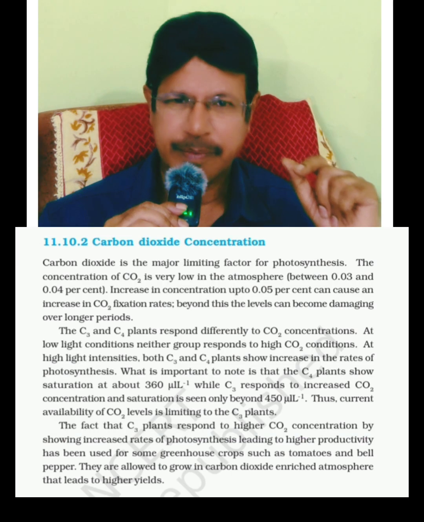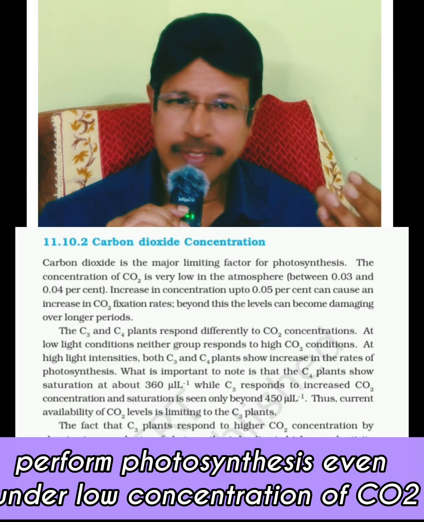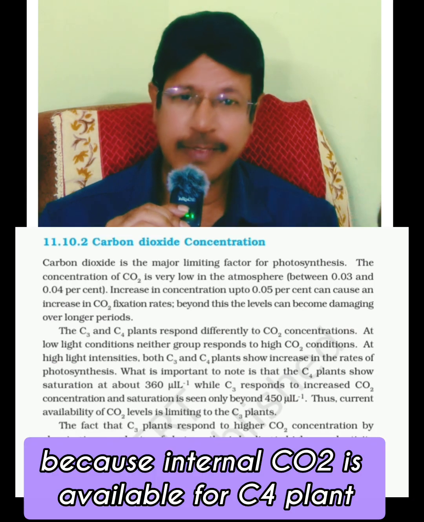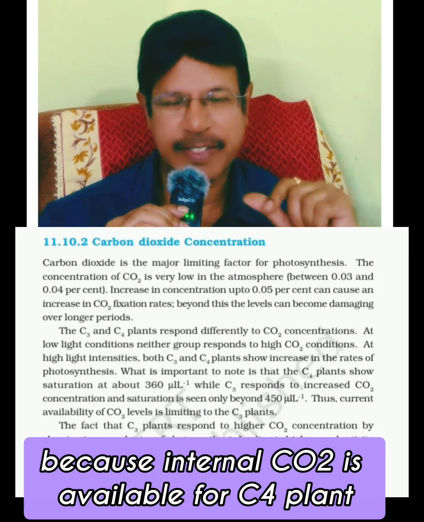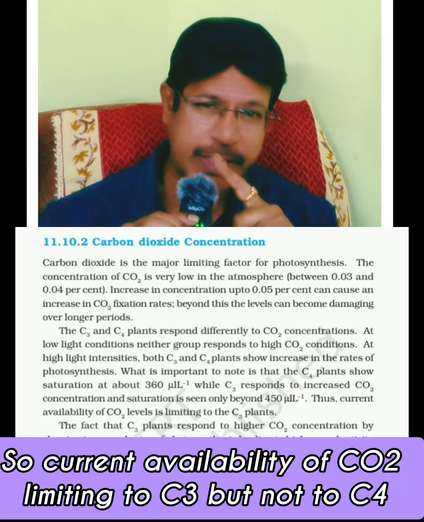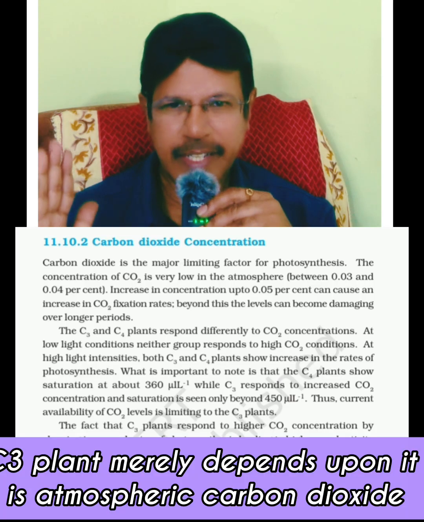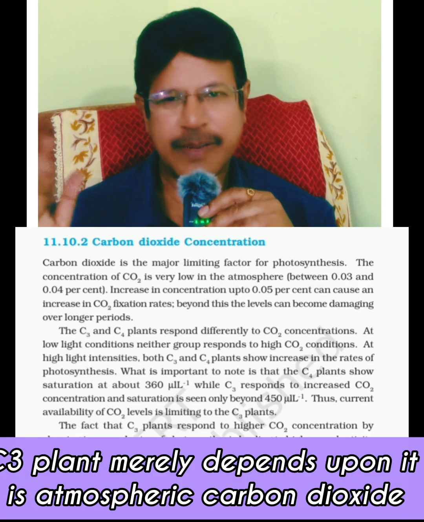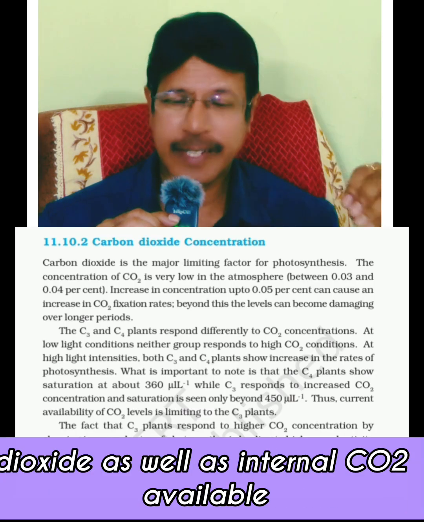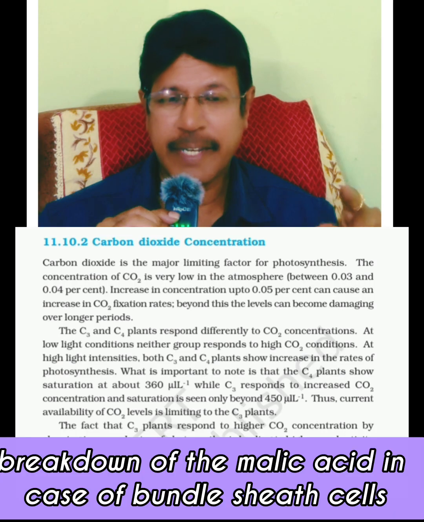of -1, because the C4 plant can perform photosynthesis even under low concentration of CO2, because internal CO2 is available for the C4 plant. So, the current availability of CO2 is limiting to C3 but not to C4. Why? The C3 plant merely depends upon atmospheric carbon dioxide. The C4 plant depends upon atmospheric carbon dioxide as well as internal CO2 available from the breakdown of malic acid in case